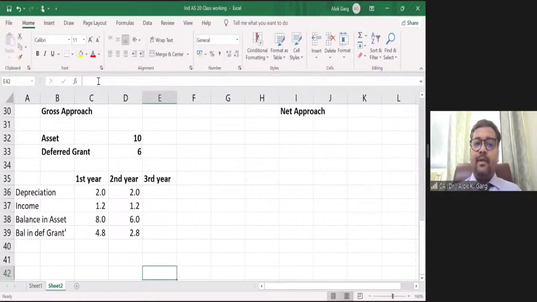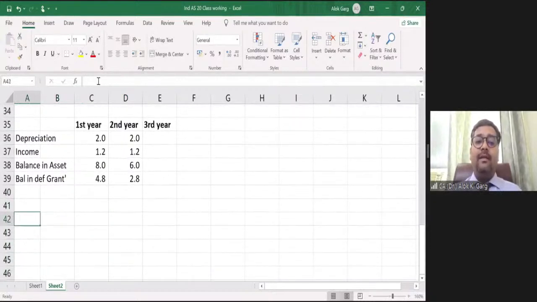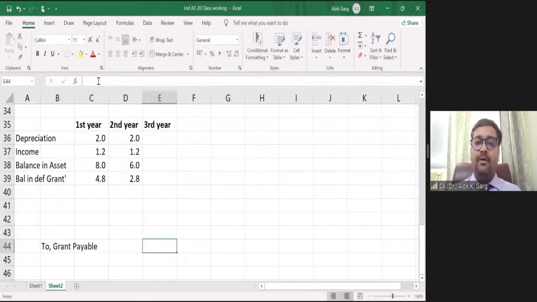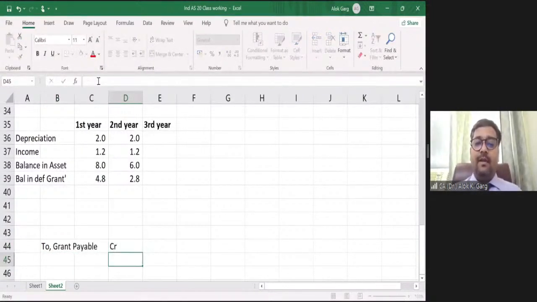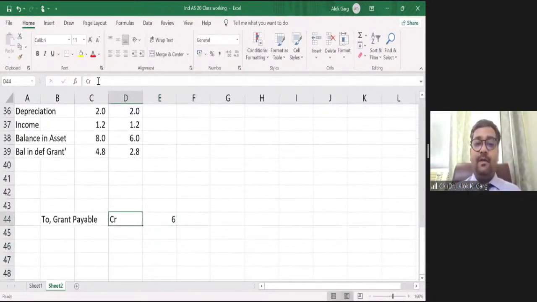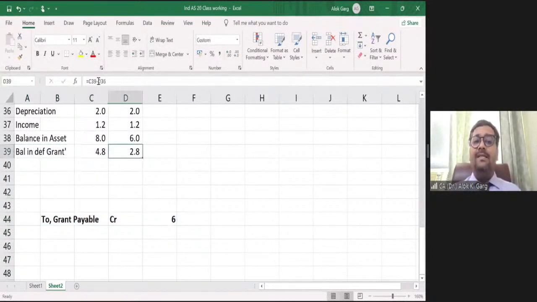Clear, guys? So in the third year, the money has to be paid. The standard says, first of all, what will be the accounting entry? Let's say we are not paying immediately. In that case, we have to credit grant payable to government, the grant payable account. The payable is 6 lakh. Of course, it has to be paid in full, so whatever money we have received, we have to pay it. Grant payable 6 lakh. And the standard says that if you have any unamortized balance in deferred grant, that unamortized balance has to be